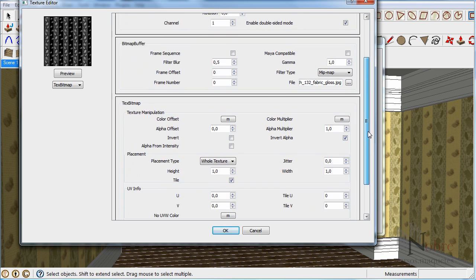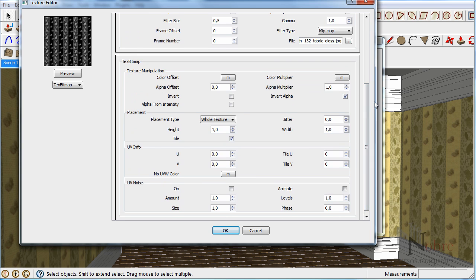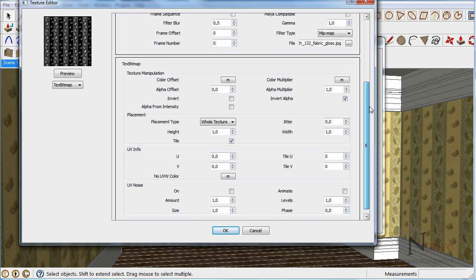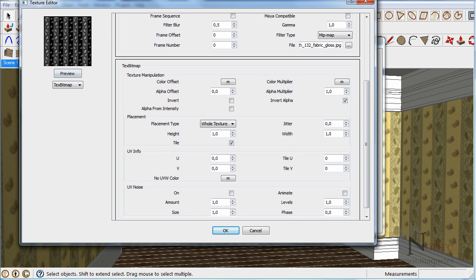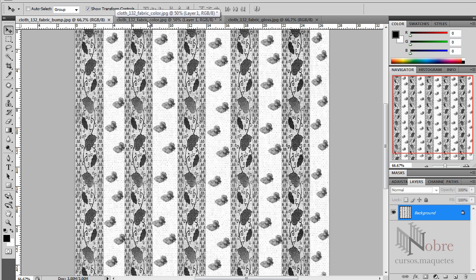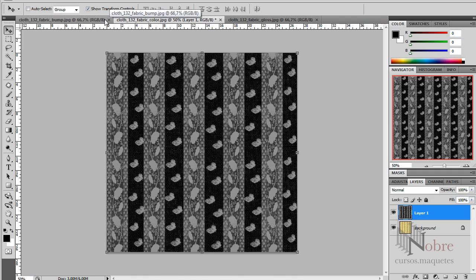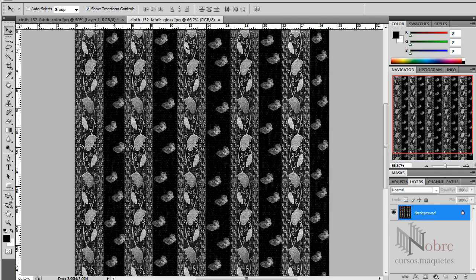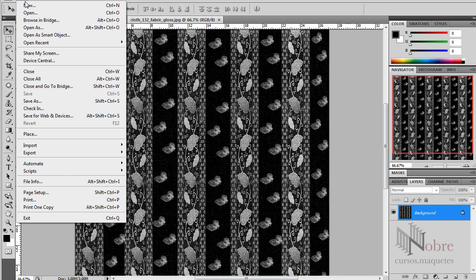This is very new for me. Okay, and let me see here what I can do. I can go to Photoshop, and that's what I'm going to do now. And fabric bump, no, I don't need that right now. I just need the glossiness map,